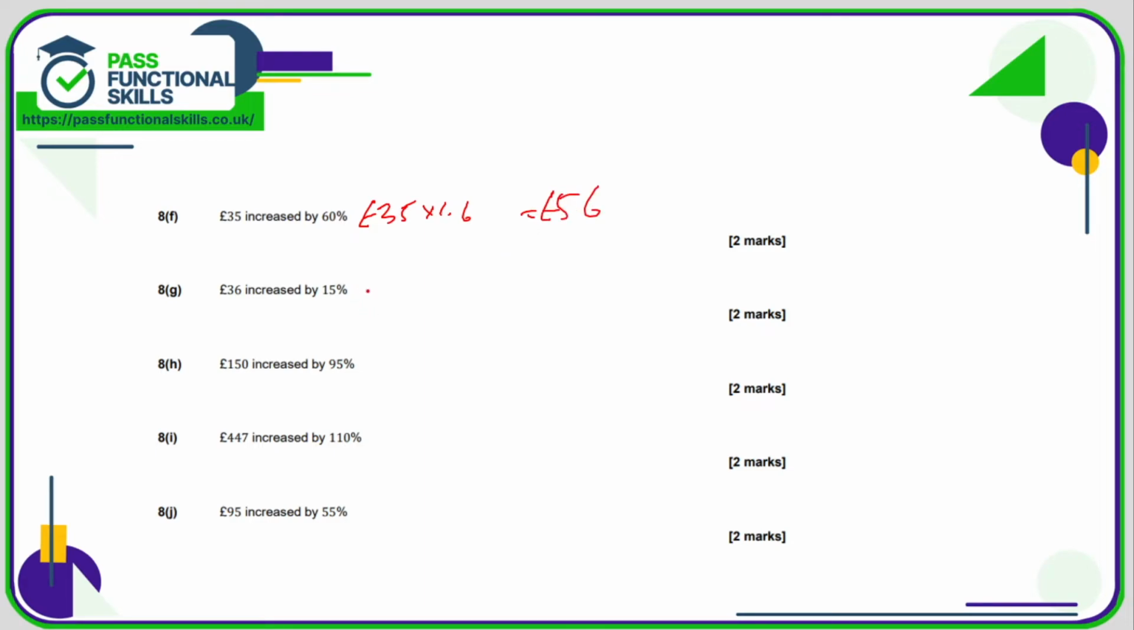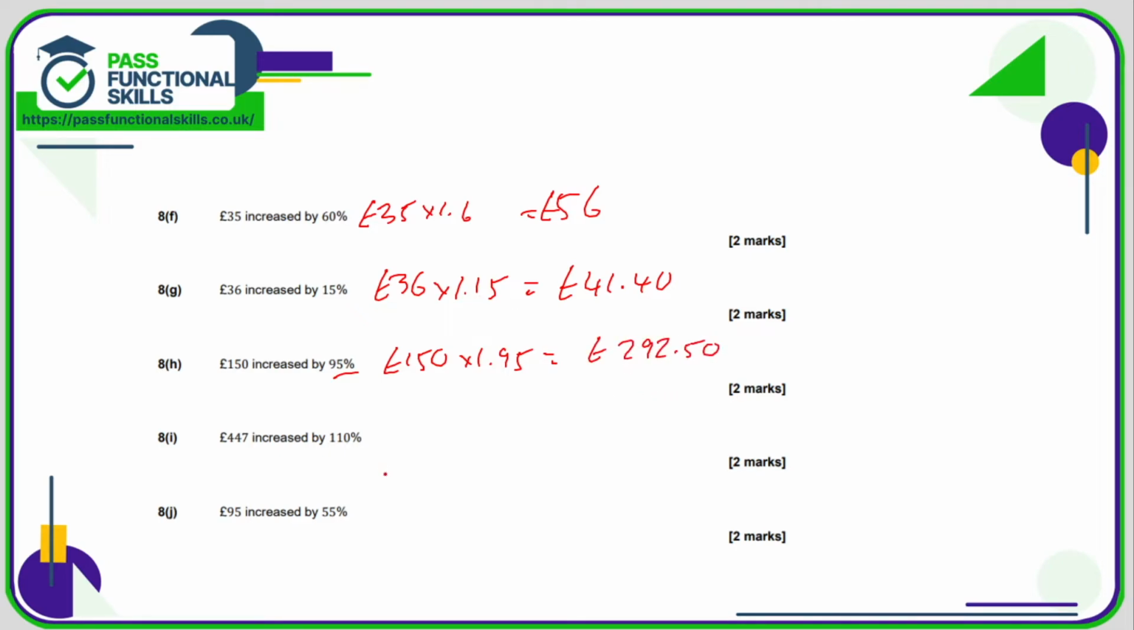15% has a multiplier of 0.15, so for an increase it's going to be 1.15 multiplied by 36, and 36 multiplied by 1.15 comes to £41.40. The multiplier for 95% is 0.95, so here we're going to multiply £150 by 1.95, and 150 multiplied by 1.95 comes to